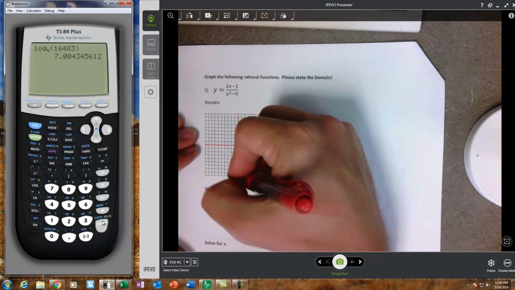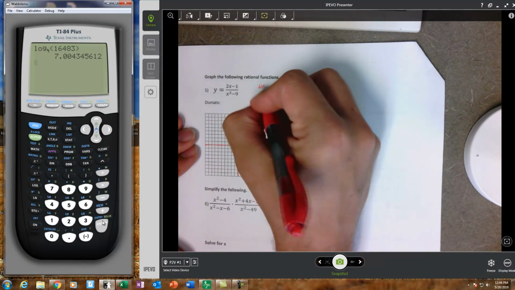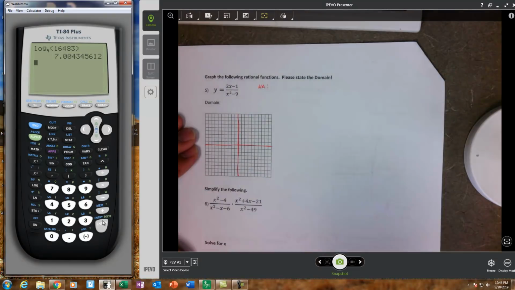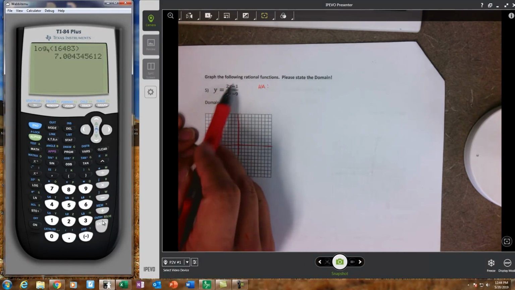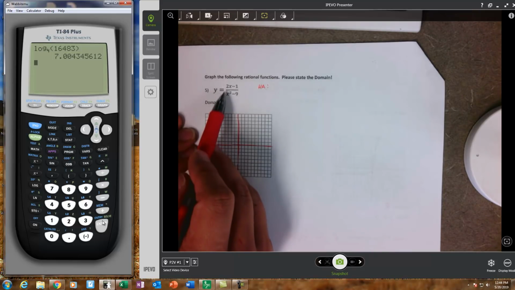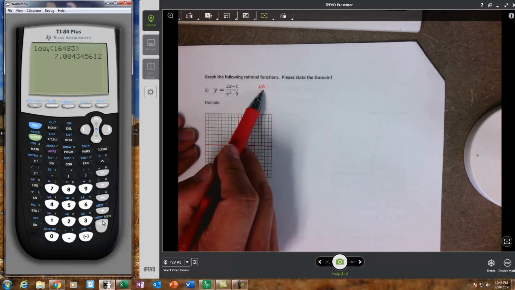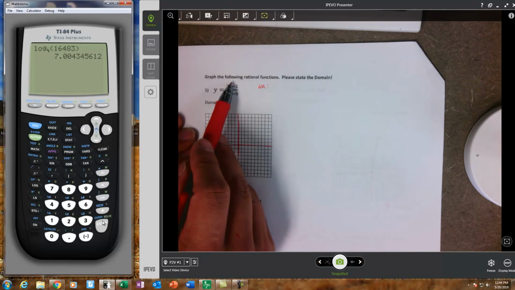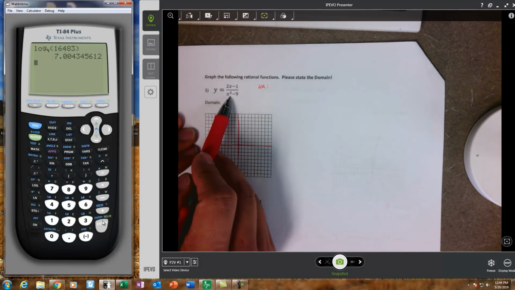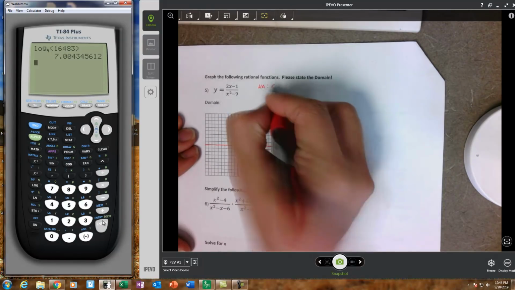And that'll help us get the domain as well. So horizontal asymptotes, it's either bottom heavy, which means the exponent on bottom is bigger, in which case it's always 0. Or if the x's have the same exponent on top and bottom, we use the coefficients. So if this was 2x squared over 1x squared, the horizontal asymptote would be at 2. But because it's a 2x to the first over x squared, that makes it bottom heavy,